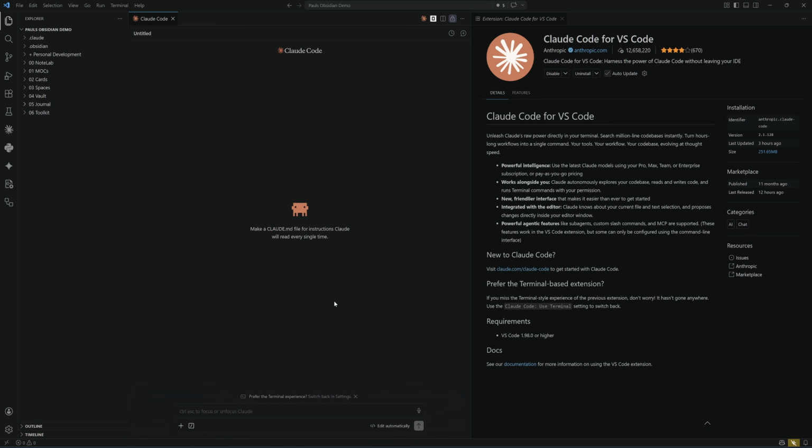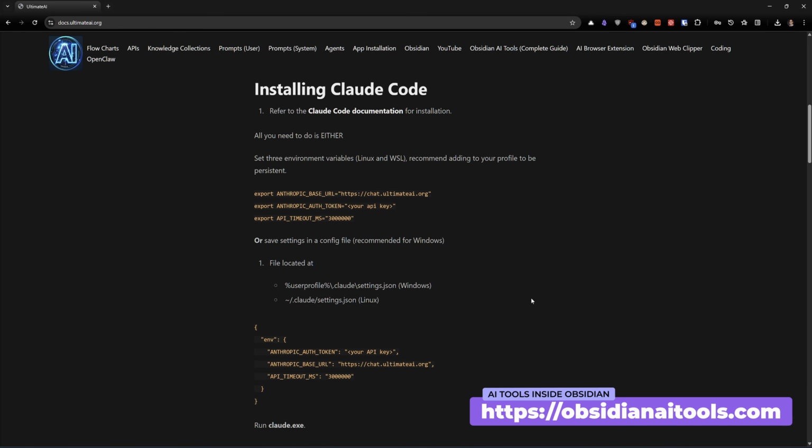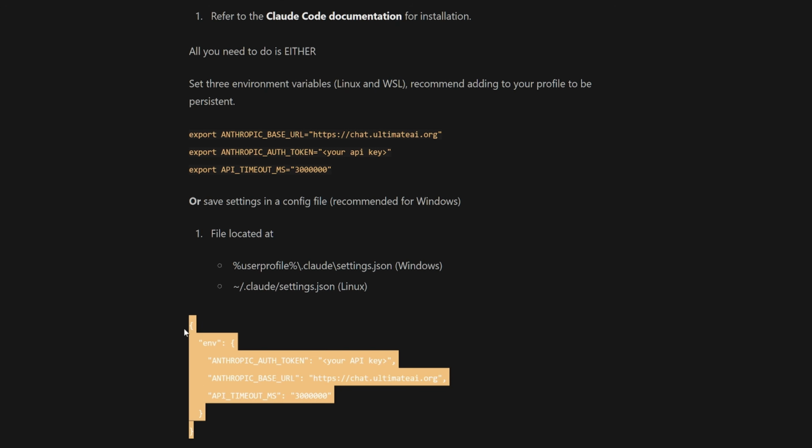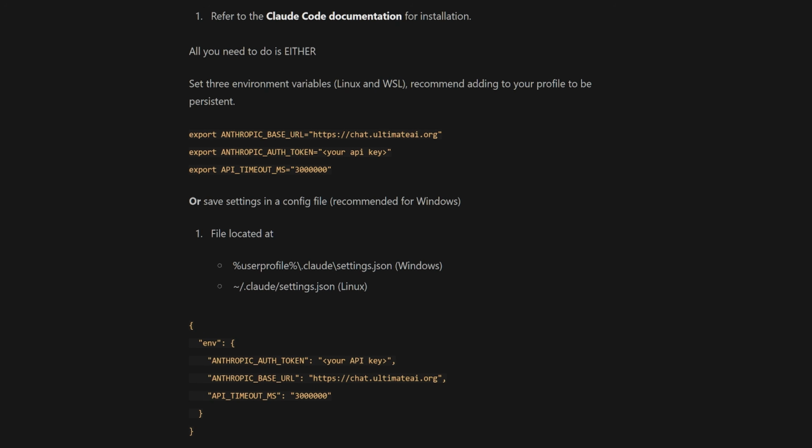The next method will be Visual Studio Code using the Claude Code for VS Code extension. You can use this extension with an existing Claude Code subscription, or you can use your Obsidian AI Tools subscription in partnership with Ultimate AI. Just need to edit your settings.json file and add this environment variable here. Replace your API key with your Obsidian AI Tools API key, and you can either leave the URL as chat.ultimateai.org,